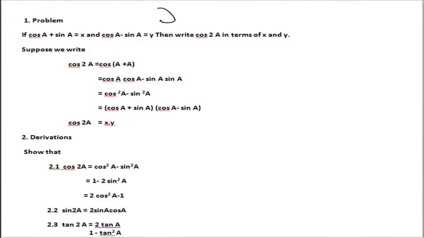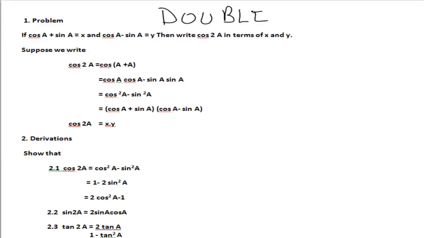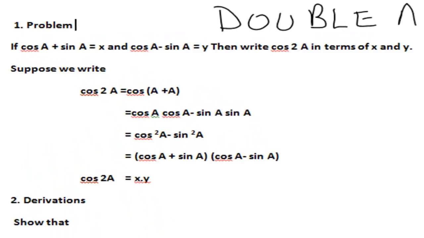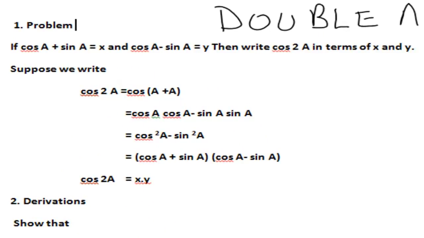This is a section on double angles. Now before you can go on to double angles, you need to complete all the remaining problems on the previous page. Now your double angles, essentially, we are saying you got cos A plus sine A is equal to x, cos A minus sine A is equal to y. Then write cos of 2A in terms of